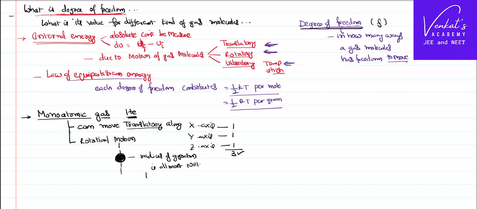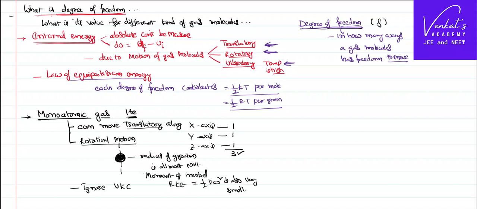That means its moment of inertia is almost nil, very small. That means its rotational kinetic energy, if you remember the formula, half I omega square, is also very small. So when we are talking about a monoatomic gas molecule, we ignore rotational motion because it's not having an axis. There is no big distance between the axis and the body itself. The body is moving about its own axis itself. And of course, we ignore